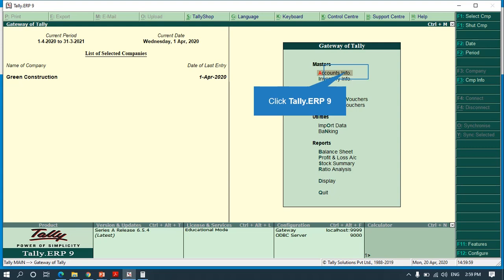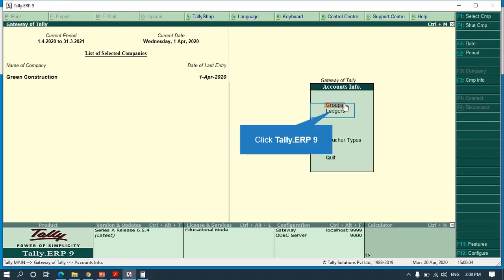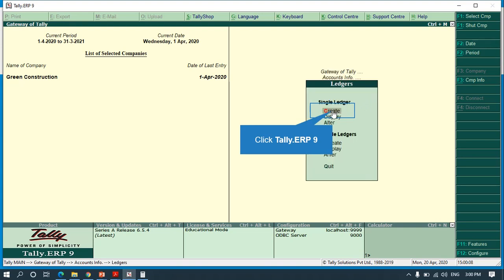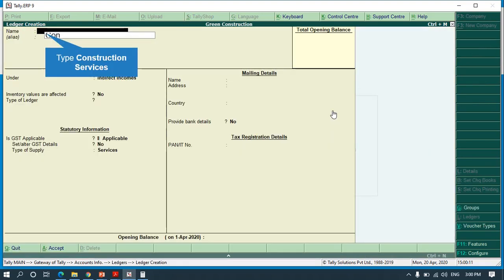So first, we need to create the construction service, designer service, and freight services. Three services; because they are services, we will use accounting masters only, right? So here, Accounting Masters, Accounting Info, Create Ledgers. Here, create, let me start with construction service.